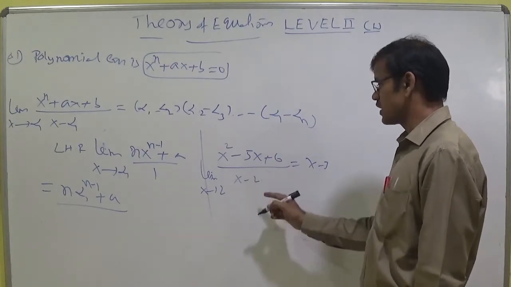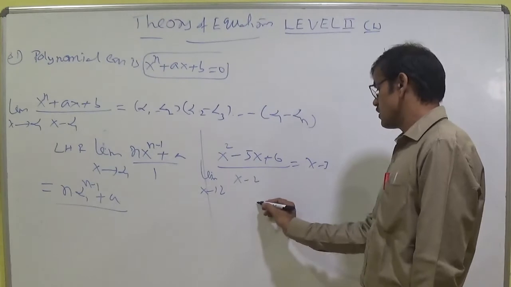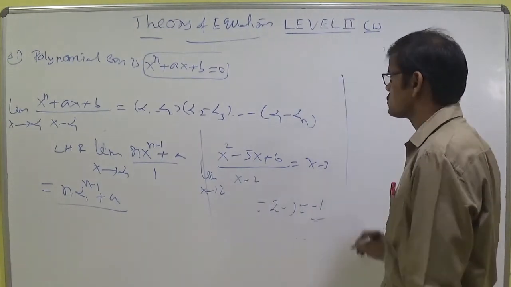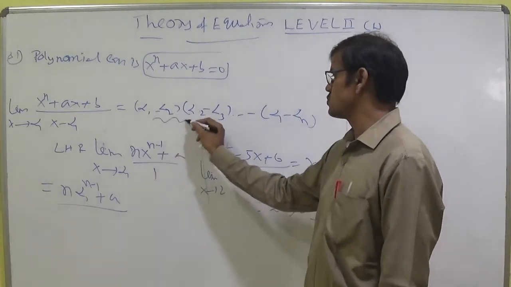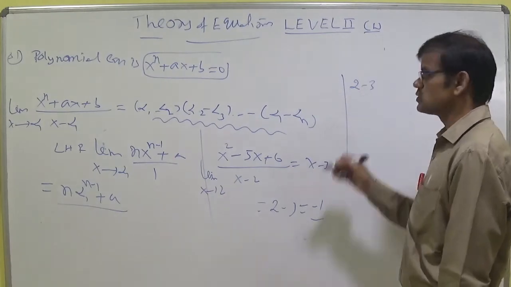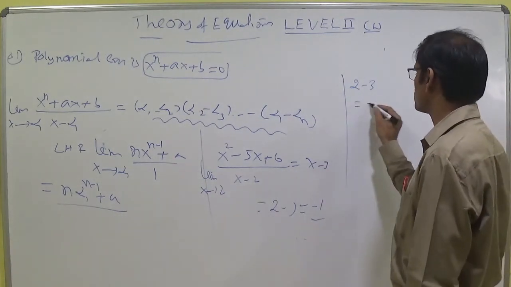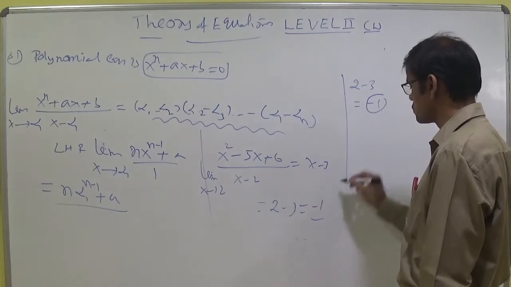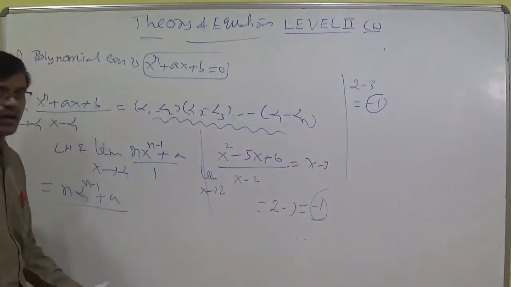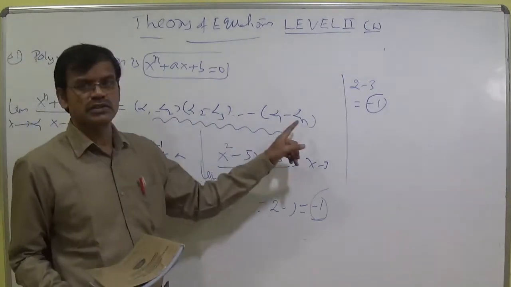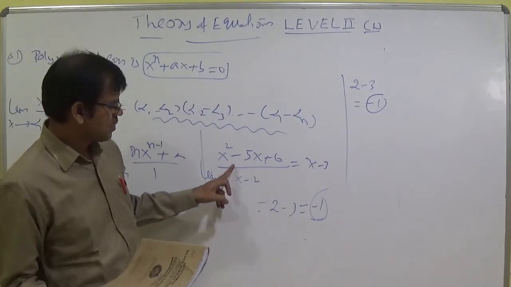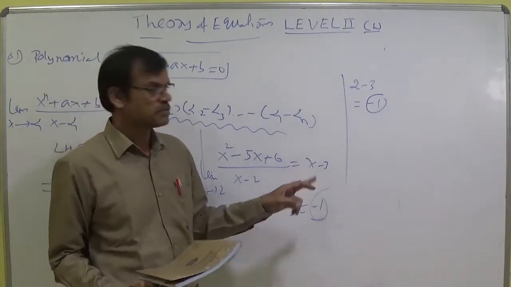Of course, you can understand (x minus 2) into (x minus 3). Now you substitute the value, 2 minus 3, it is minus 1. So now I am going to discuss with you this concept, alpha 1 minus alpha 2. Alpha 1 means 2 is a root and 3 is another root. 2 minus 3 is equal to minus 1. This minus 1 and this minus 1 are equal. So this is the concept of the product of roots like this, alpha 1 minus alpha 2. Simply I have taken quadratic equation, x square minus 5x plus 6 like this.